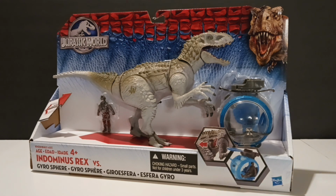I don't know if there's anybody that really has a whole lot of these left. I'm sure they do, just because it's a very important part of the franchise, and the fact that these were the only toys that we got for that particular movie, the first Jurassic World film. But thankfully Mattel came and got the license and was able to right the wrongs that Hasbro did for this particular film. Slowly but surely, we're getting pieces here and there to make up for what Hasbro did. But anyways, we're not here to bash Hasbro and what they did with the franchise as far as the toys go,